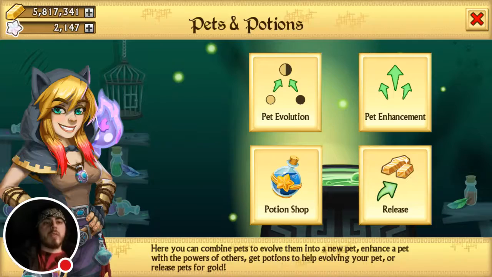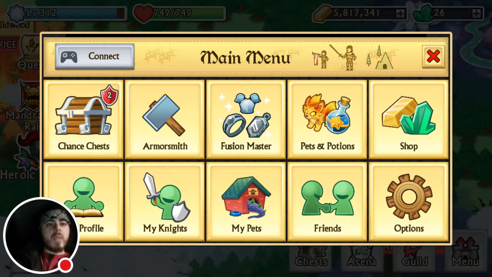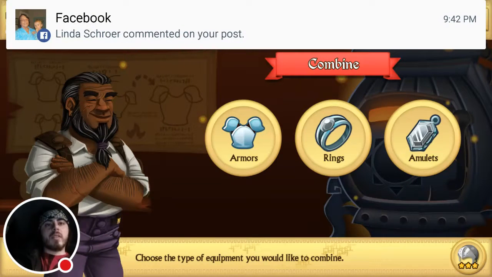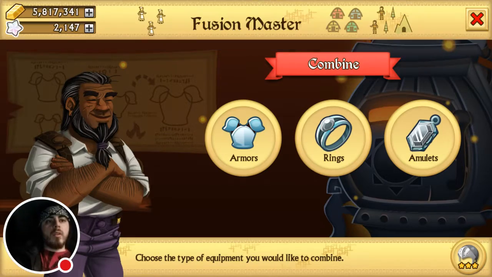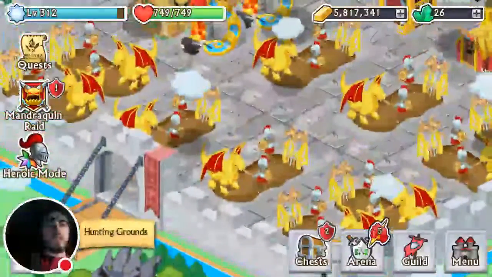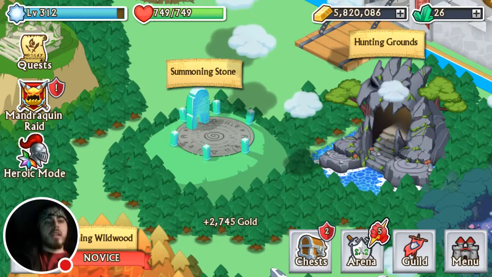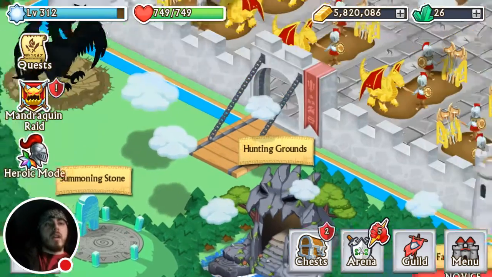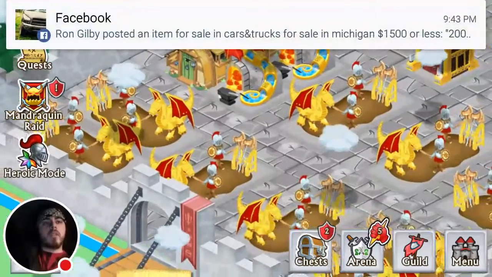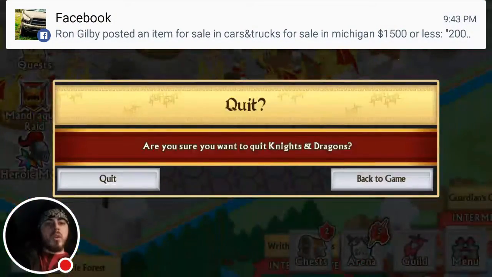In the pets, you just go to pets and potions. You can enhance, or you can combine them to evolve. Same with the armor. You can combine it, but it's really not worth it. But that, and then if you join a guild and you get free items, and just make sure that you do not spend any gems on anything unless it is upgrading your little training stuff in order to get more money faster, or if it is to